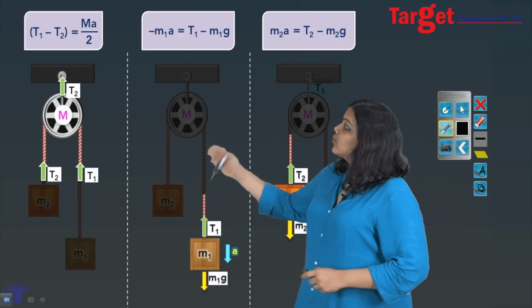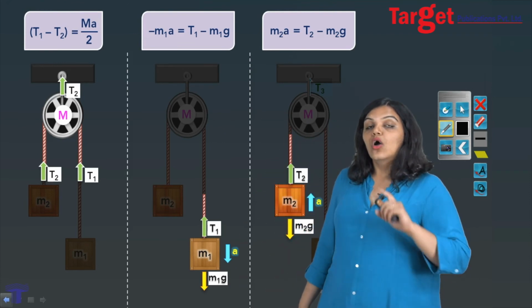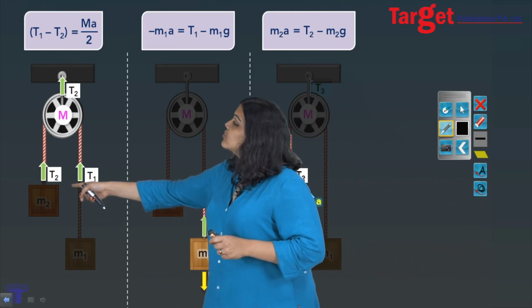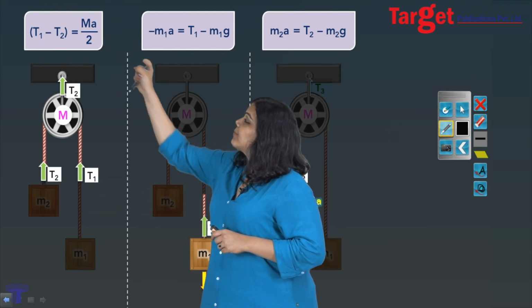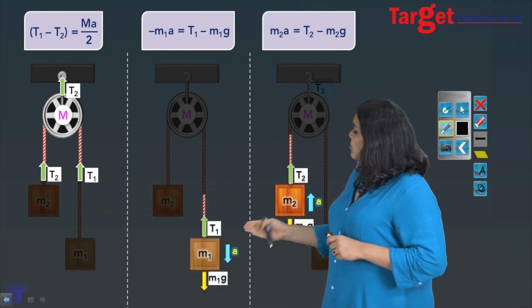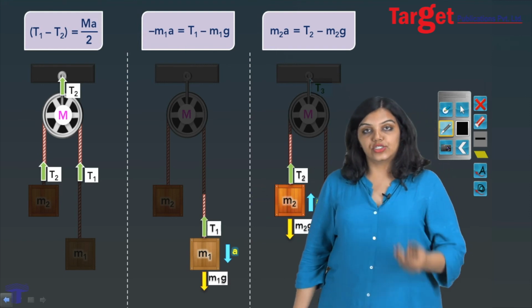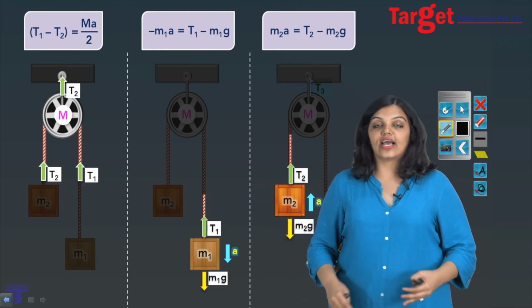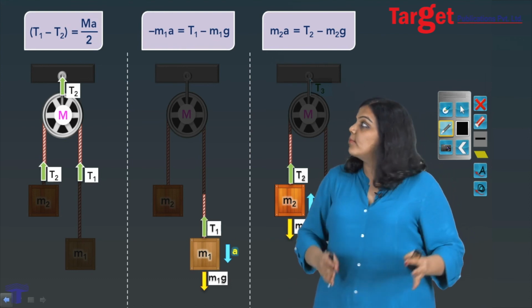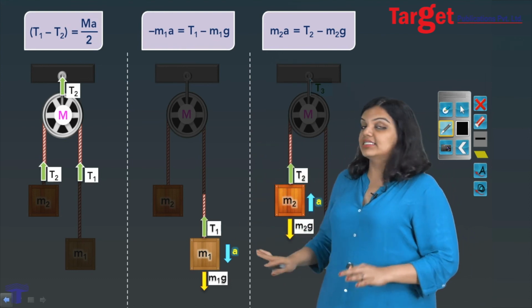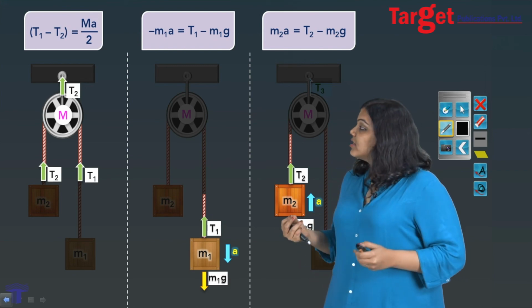And using this, then you can solve the sum as you always do. Only difference is, for the pulley's free body diagram, your equation comes out to be T1 minus T2 is equal to capital M A by 2. For the remaining blocks, it comes out to be as usual. You can use these equations and find the expressions for acceleration and tension as you do normally. So I'm not going to complete this sum, it's as before. I hope you've understood how to do it.